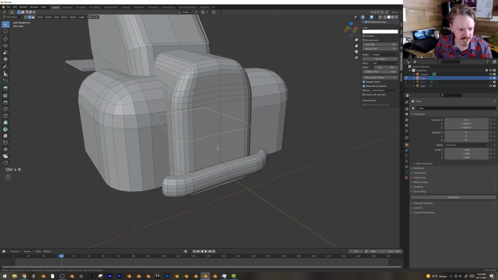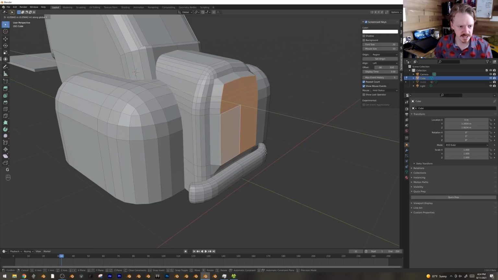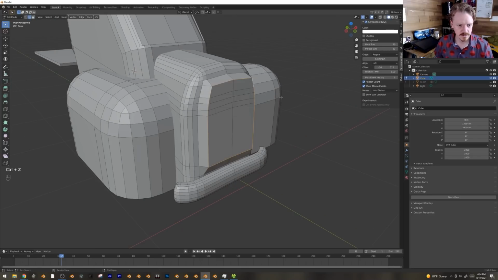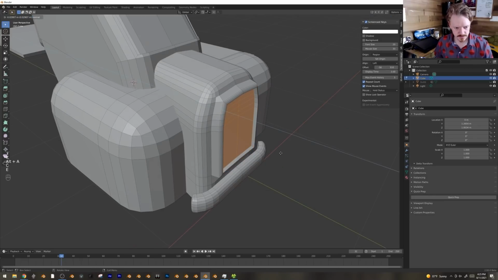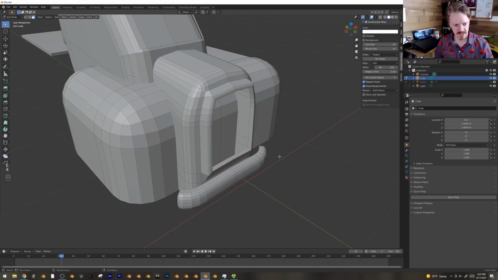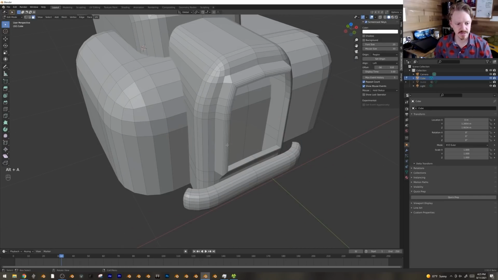And let's see, how do we want this grill to work? I think, what if I just pull this out kind of like that? Select these edges here. Extrude in, and all right, I want to line up the grill to be right in the center of this,